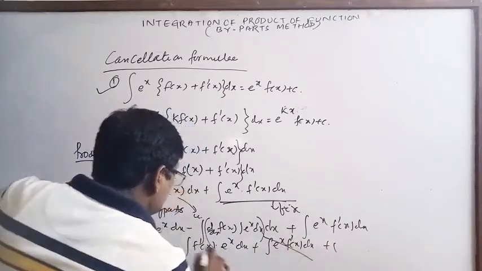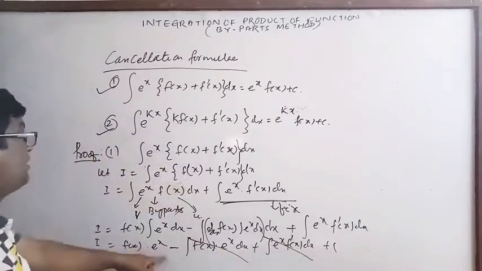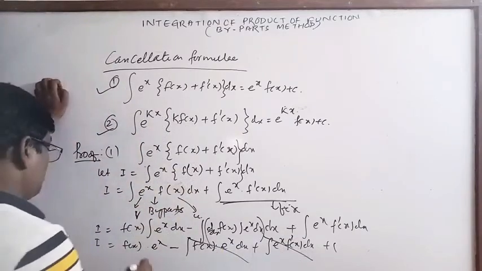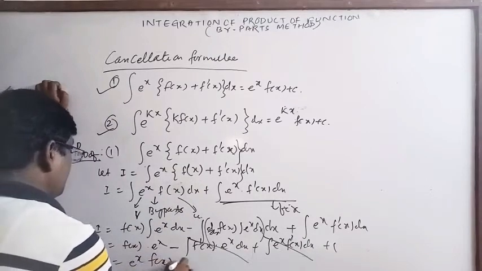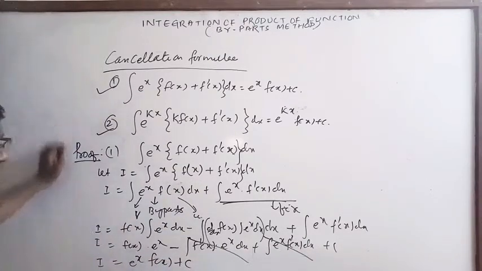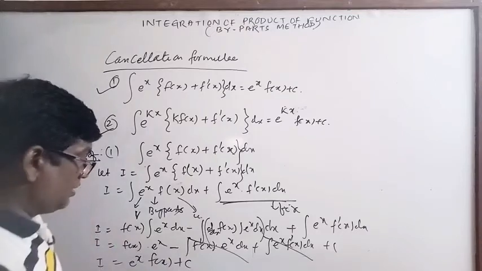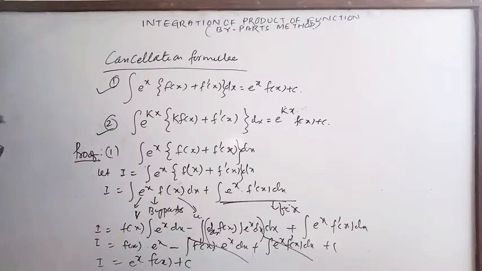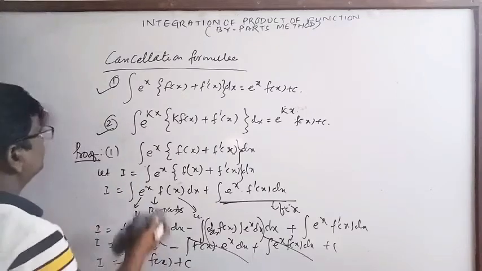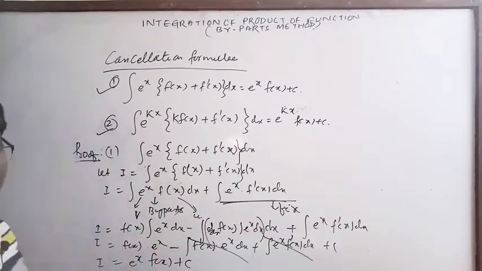So this part cancels, so that's why it is called the cancellation law. So I is equal to e to the x into f of x plus c. This is the process to integrate using the cancellation law. Now the second one, proof number 2,